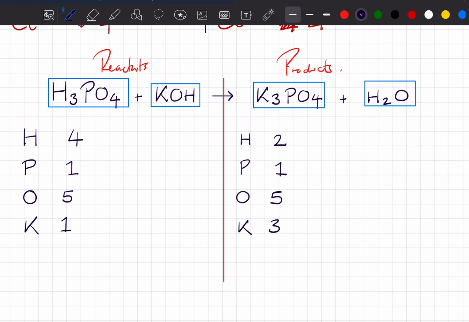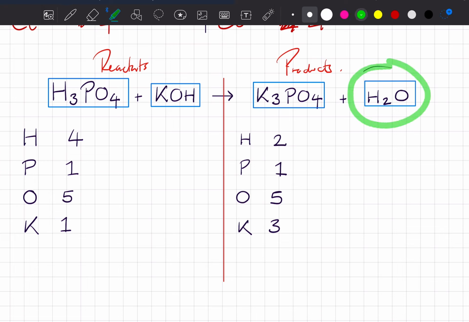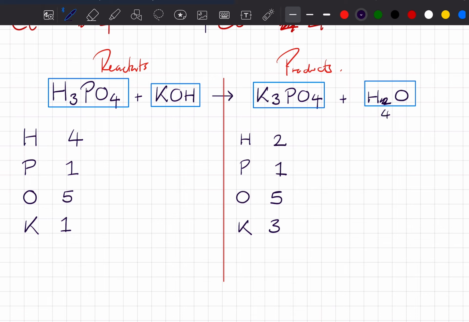All right, so we can see that at the moment they aren't balanced. The reactants have different numbers to the products, so let's start balancing them. First off, let's start with H's. We've got 2 H's in the products, 4 H's in the reactants. So let's try and get the products to 4. We've got this molecule, H2O, so we can't just change it or put 4 there. That's not what we're allowed to do. All we can do is put a number in front of it. So if I make that 2H2O,